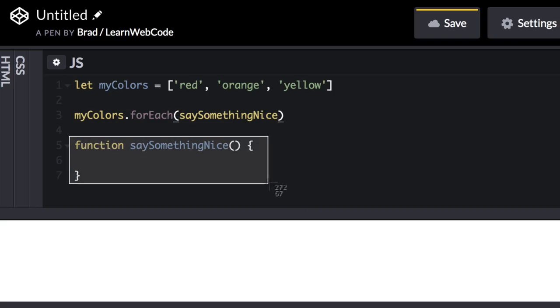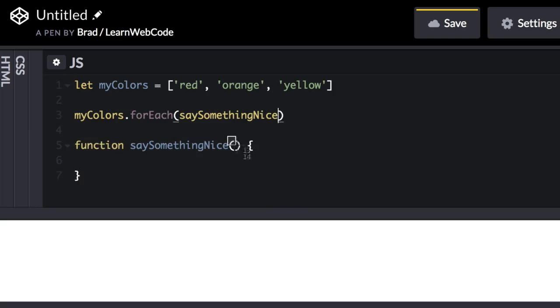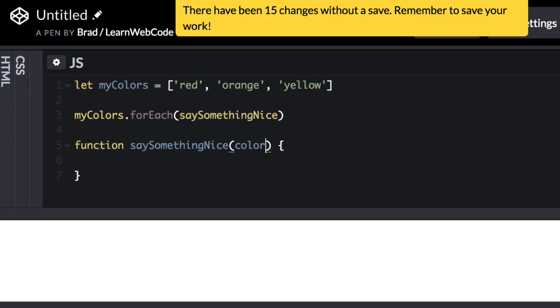Down in the actual function definition, within these parentheses, we need to create a parameter. So you could just say X, which is easy to type, or we could say color. The name of the parameter doesn't matter. But then down here in the body of the function, let's say